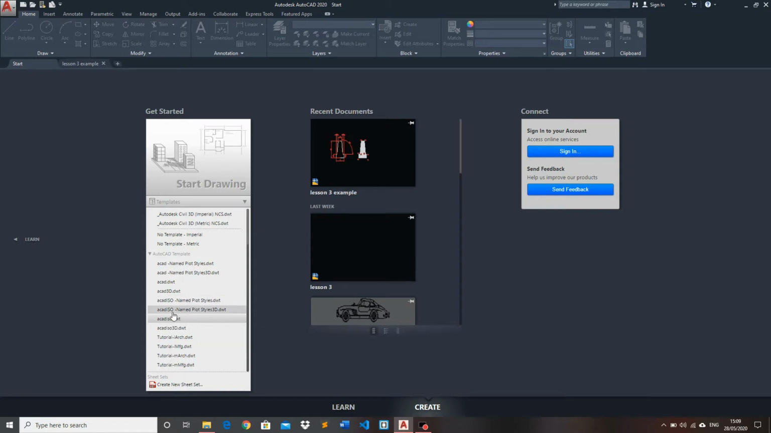So if you want a metric unit, you can go for this one. Here you can see that it's no template. Or you can use other things like Civil 3D, but this is another software. It's AutoCAD, but it has more features related to Civil. So I would go for AutoCAD